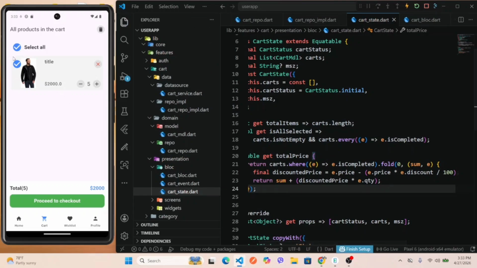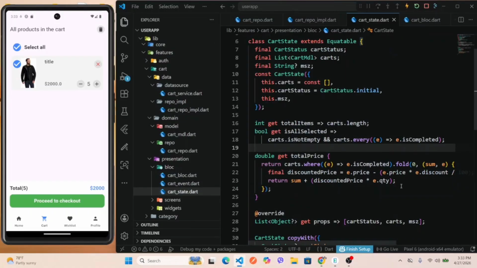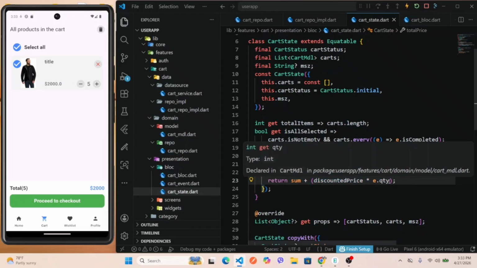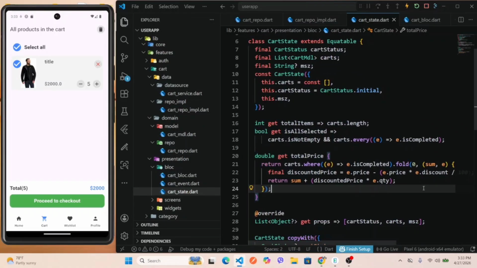Okay, once selected, the price is going to be updated, and we subtract the price with the discount and return the sum with the discounted price and multiply the quantity with the discounted price. Okay,